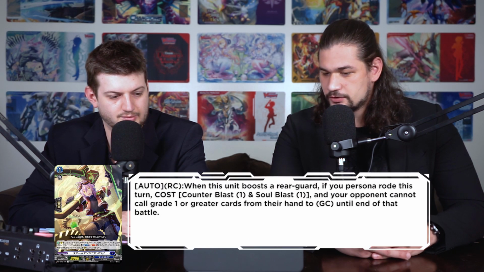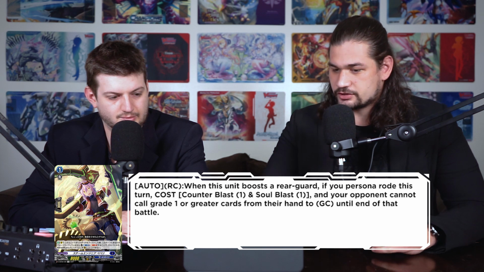This order's just good, and it's definitely going to be ran, so we're going to do a video of it really soon. The other card that got revealed with it is not, honestly, as good, but it's an interesting effect nonetheless. We got Steam Engineer Pepili. Auto Rearguard, when this unit boosts a Rearguard, if you Persona Ride this turn...